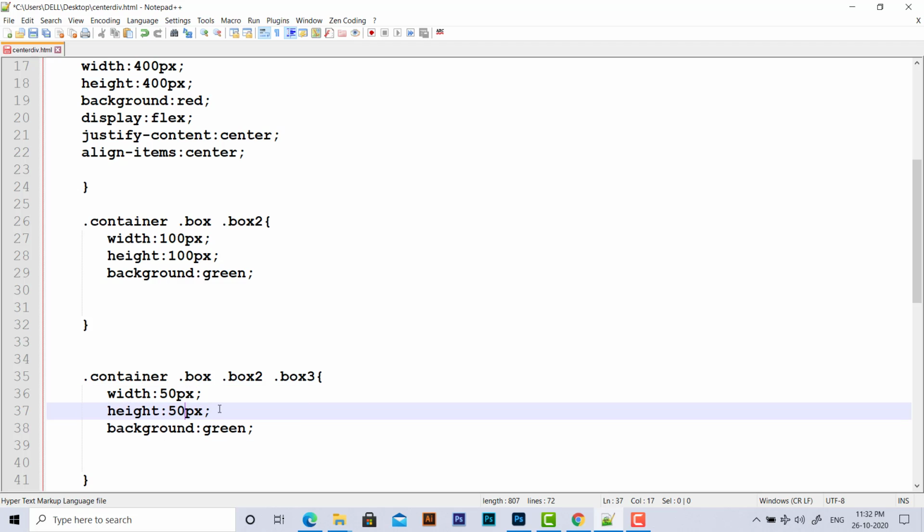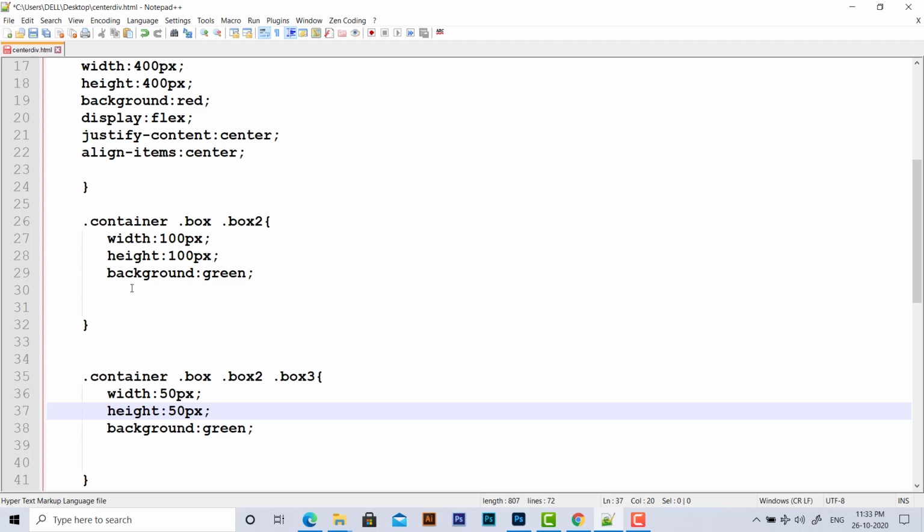So it is not necessary to give exactly half the width of the parent element. You can try to put different values. It's not necessary that it should be exactly 50% of the parent. There's nothing like that. You can try to give different sizes to the divs.